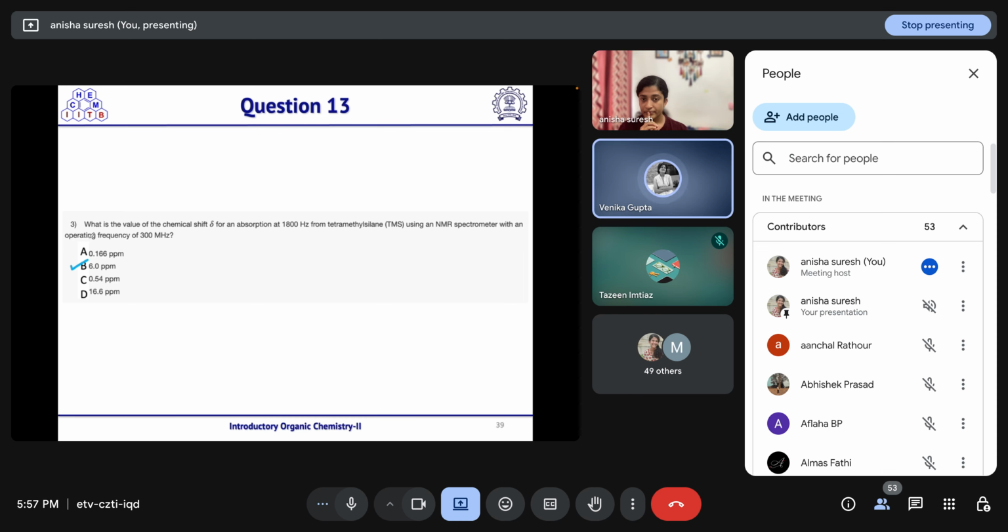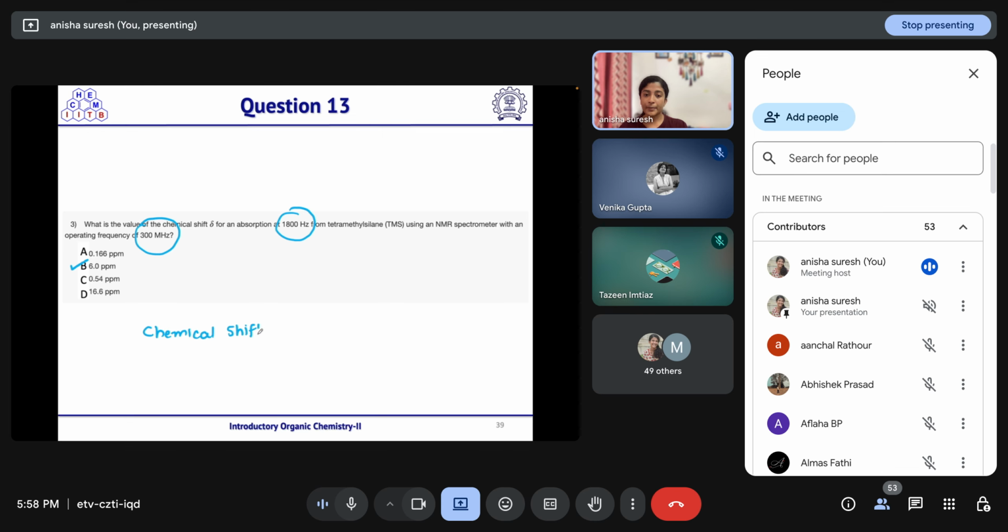Frequency of resonance divided by operating frequency. Yeah. So we have to divide the observed frequency by the operating frequency of the instrument. So here the observed frequency is 1800 Hertz and the operating frequency is 300 megahertz. Okay. So chemical shift,